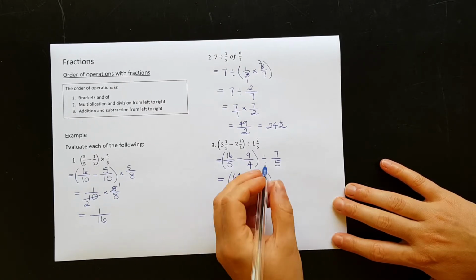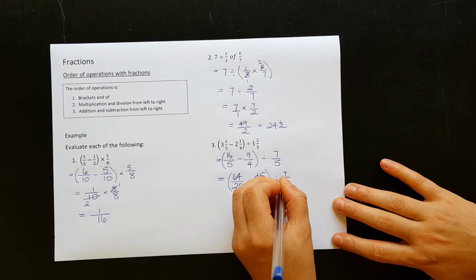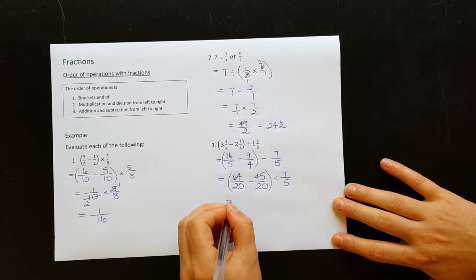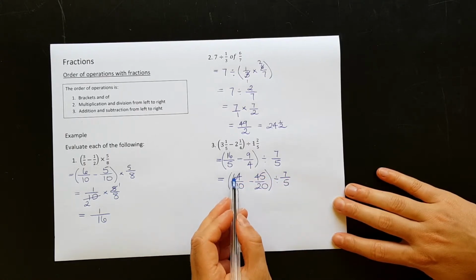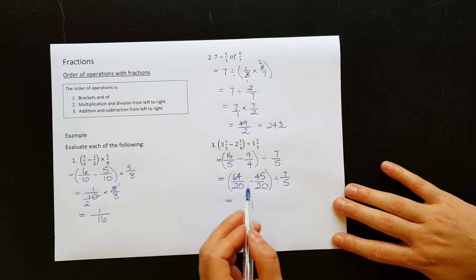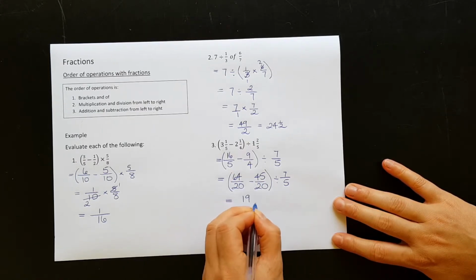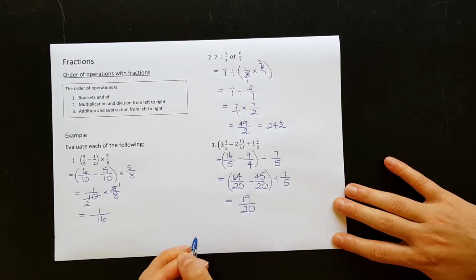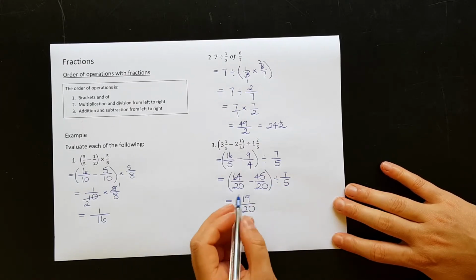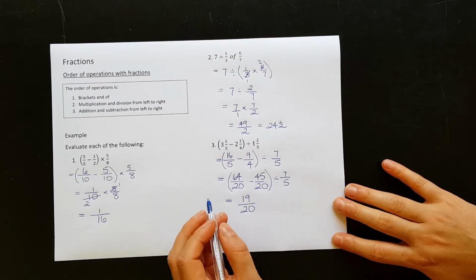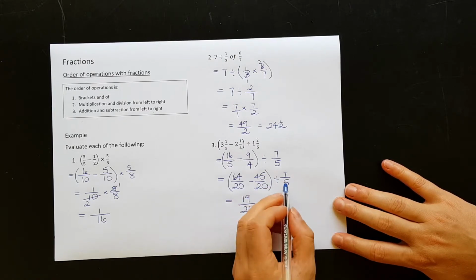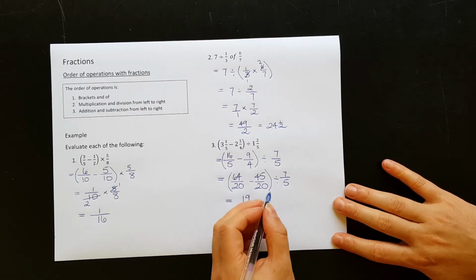Okay, we still haven't completely simplified that, so we keep writing all these other things down. Now we want to subtract: 64 minus 45 is 19 out of 20. All right, now we're ready to do the divide. So let's change our divide into a times and turn the fraction upside down to get a